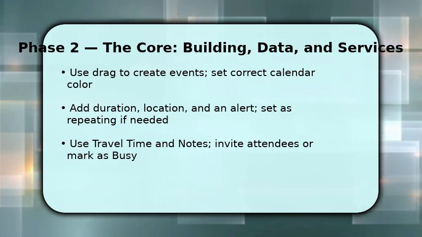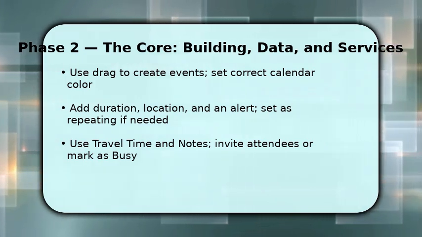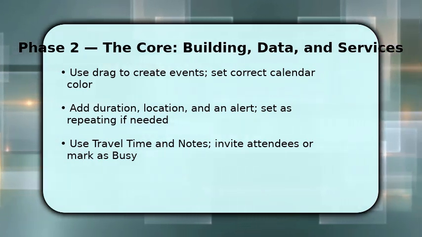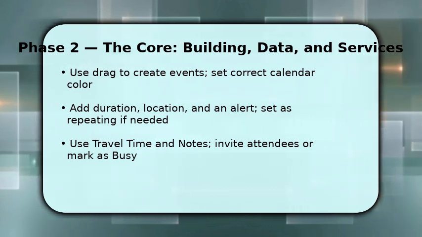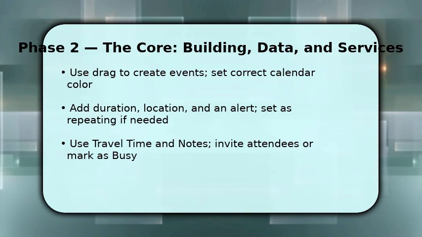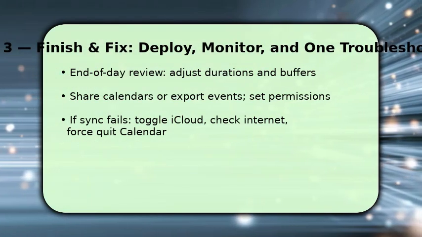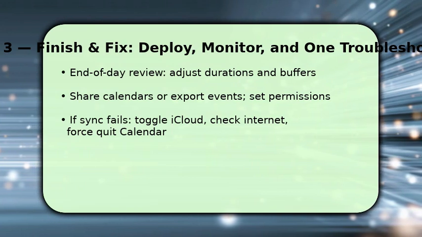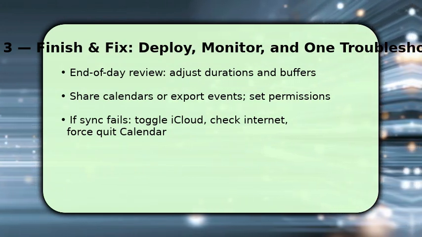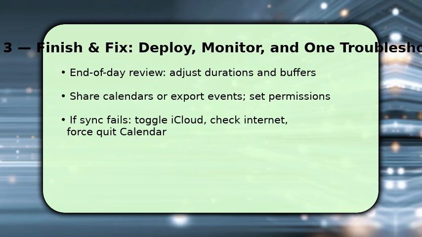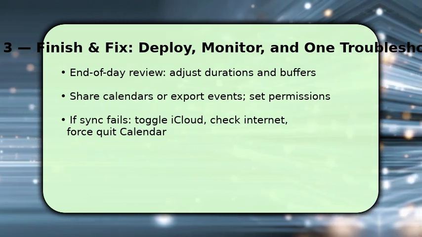Once set, use notes for checklist items and invite attendees or mark as busy to block the time. This detailed execution avoids accidental double booking and keeps context at hand. Finish by reviewing your day and adjusting durations and buffers based on what actually worked. This builds realistic estimates. Then share relevant calendars with teammates or family and set permission levels so others can view